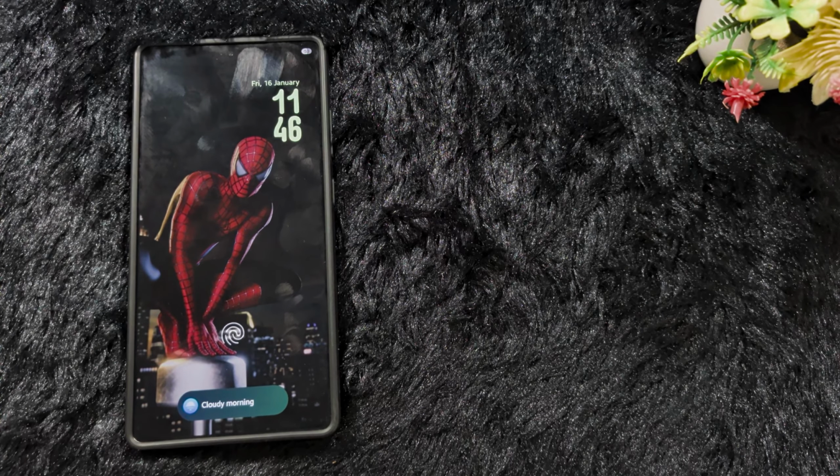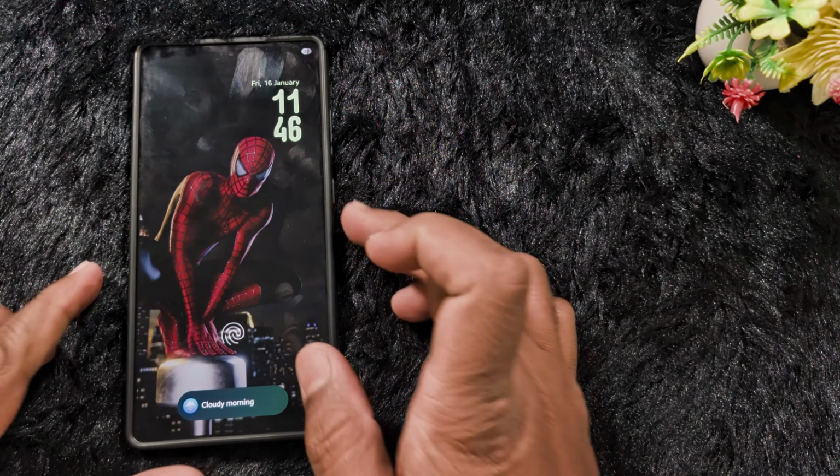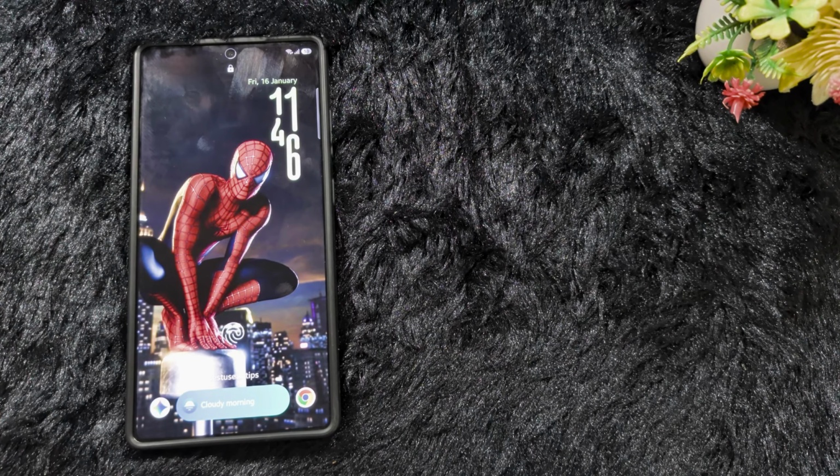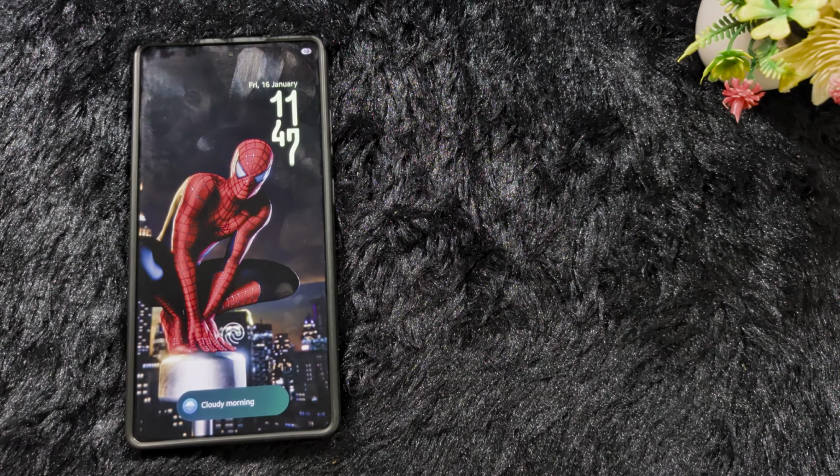Samsung LockStar module includes an amazing unlock animation effect in the latest update. So if you have any Samsung One UI 8.5 device, you can apply this amazing LockStar effect on your Samsung